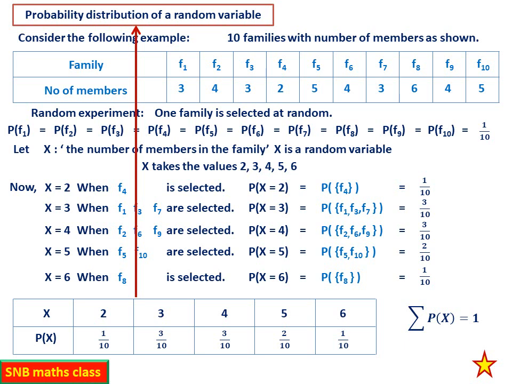That means first you have to find what x is. Then for the values which x takes, you can calculate the probability, and then you can prepare a table like this, with x and p of x in the horizontal line. Then write the possible values of x, then write the corresponding probabilities. This table is called the probability distribution of the random variable. So this is the idea, and you can also observe here that sigma p of x is 1. You can check here: 1 by 10 plus 3 by 10 plus 3 by 10 plus 2 by 10 plus 1 by 10 is 1. So this is another important property of the random variable.